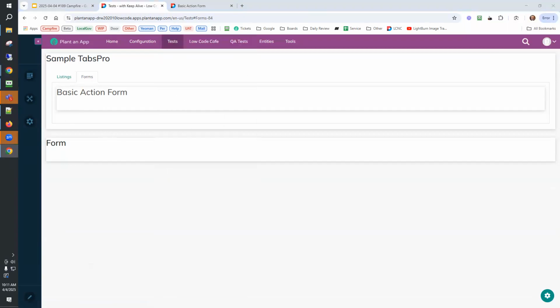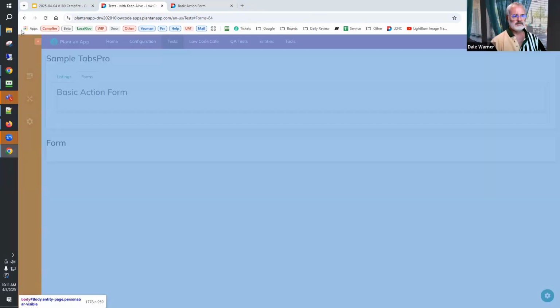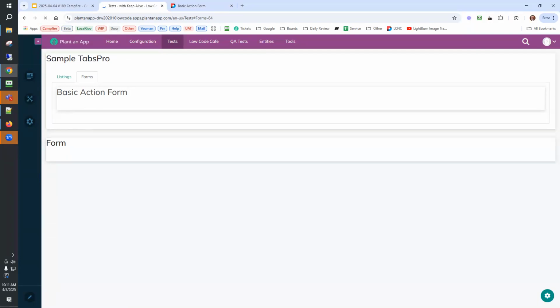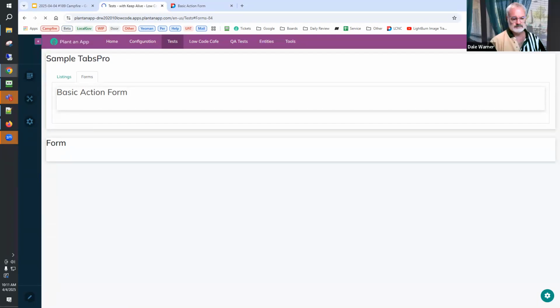Okay, I'm going to do an empty cache hard reload, see if that gives us any difference. But if you'll enter a ticket, I will be happy to poke at it a little and see if I can find the pattern, or if that aligns with what you're seeing.